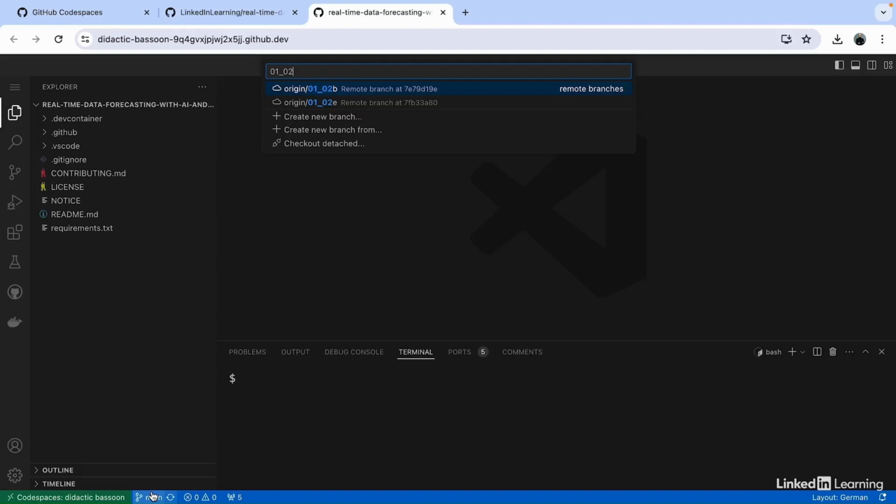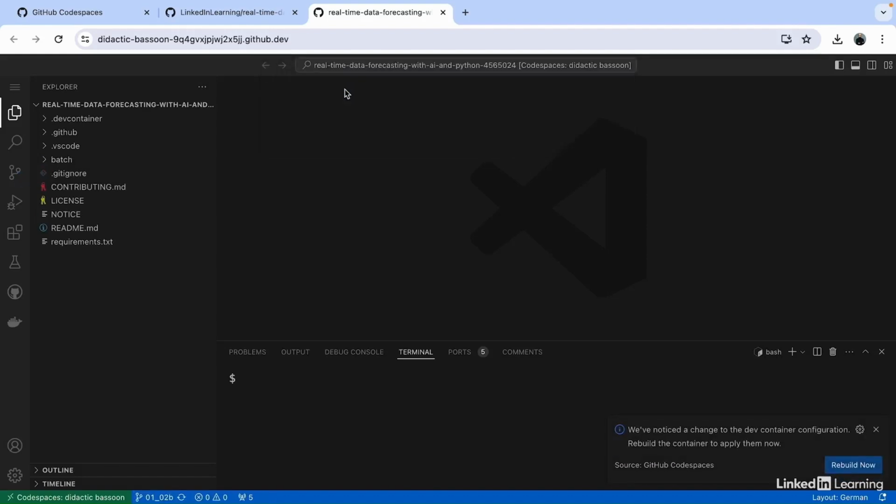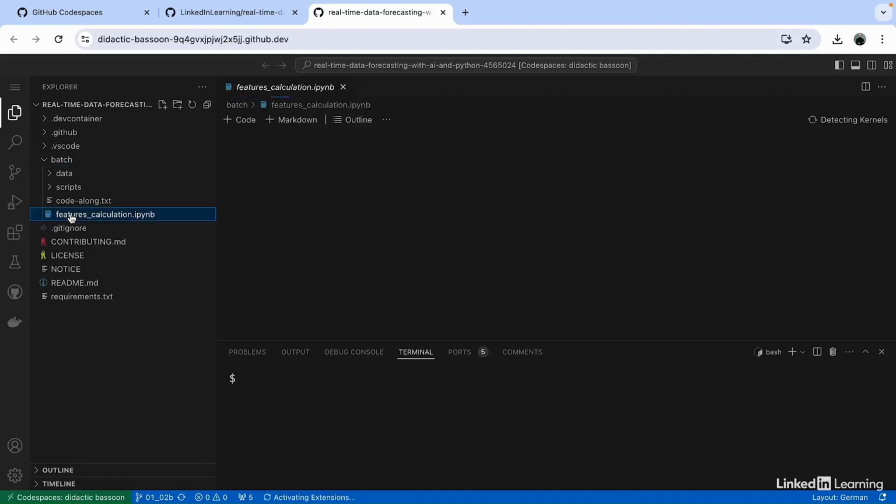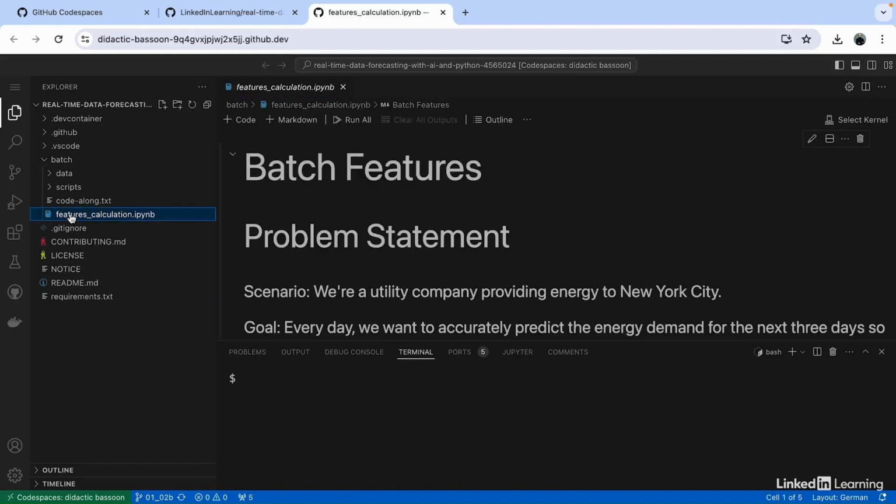The main branch of this course is empty. So let's try it out. Let's say you're starting to watch the second video in the first chapter. Open branch 01_02_B because there's an end state here. So in this branch, you will see that there's now a new folder here on the left side. And in that folder, there's also a Jupyter notebook where you can code along as you like. One final remark. When you're working in these files like this,